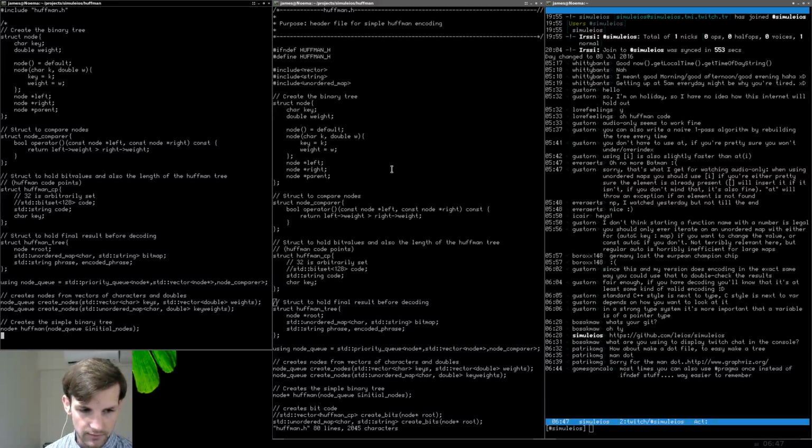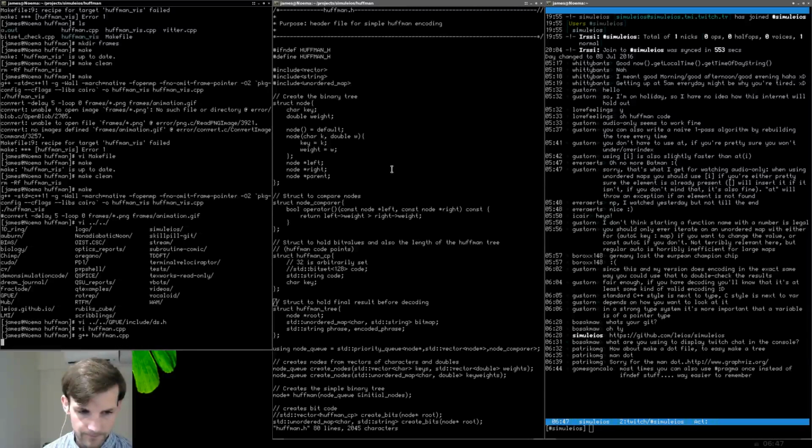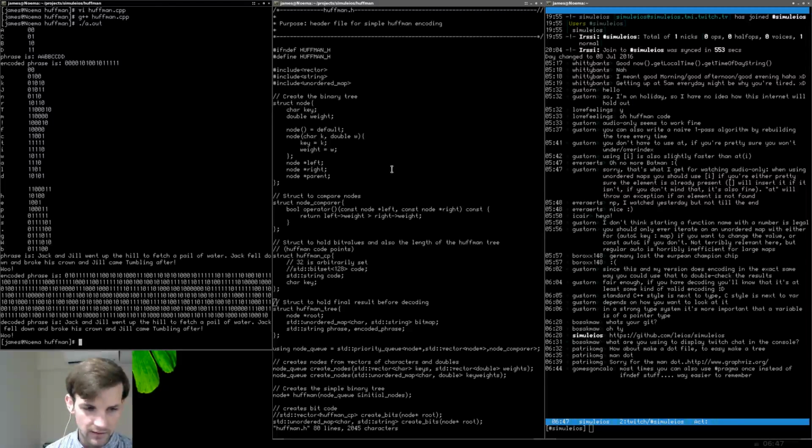Let's try it again. Let's do g++ Huffman.cpp. Seems to compile just fine. a.out. Seems to work just fine. We have all the encoding done. Super excited. Okay, so what I'm going to do then is remove those lines from our Huffman.cpp